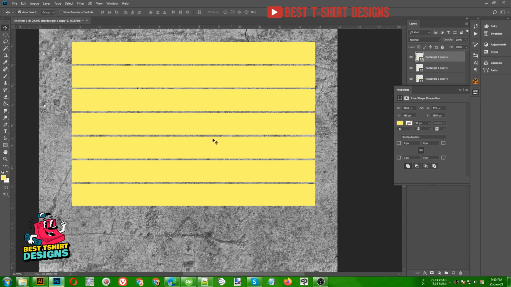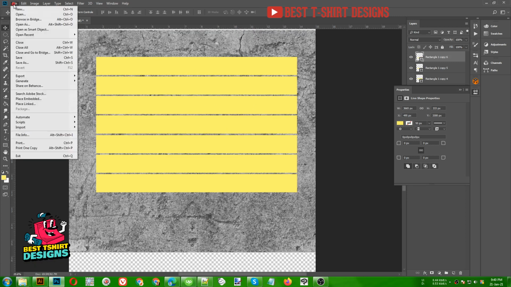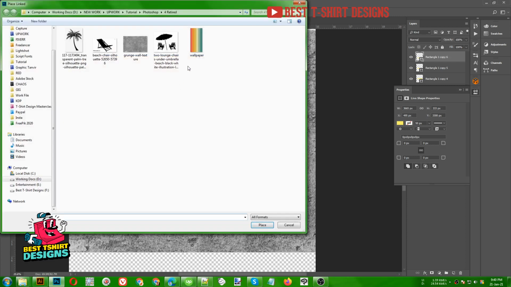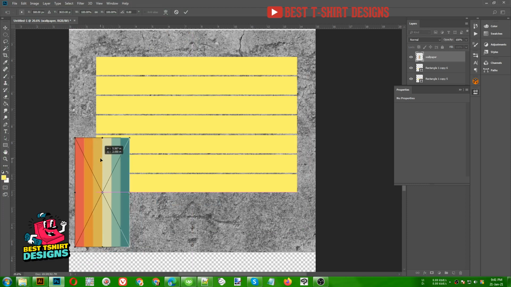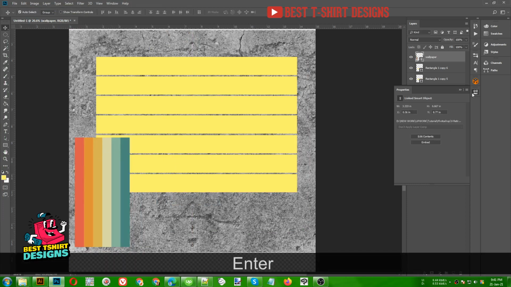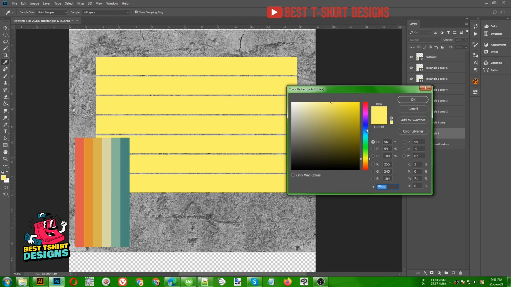Okay, so we have now some rectangles here, and we need to bring some colors, and for that I am going to bring in this image here. This is a vintage color palette. I'm going to use this one for this video. So for picking these colors for these rectangles, the first step is I need to double click on this rectangle, and then this color swatch will pop up, and the eyedropper is the default.